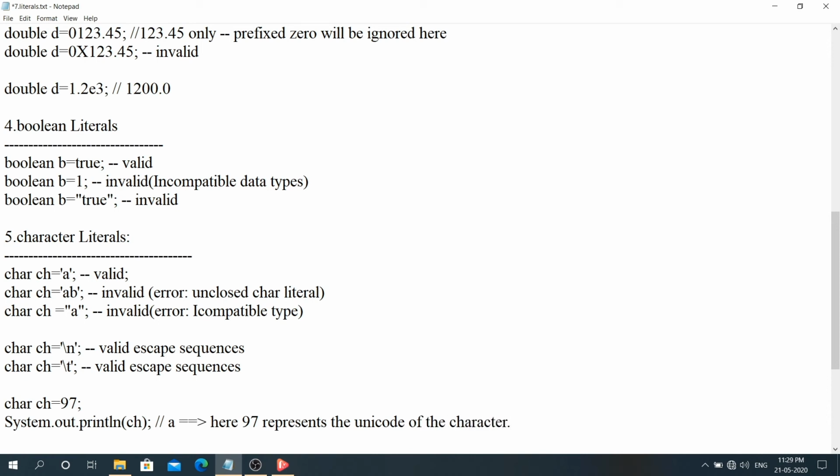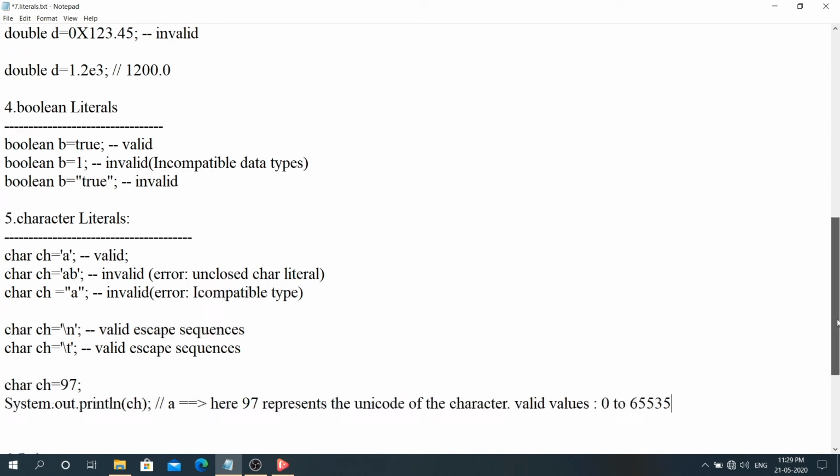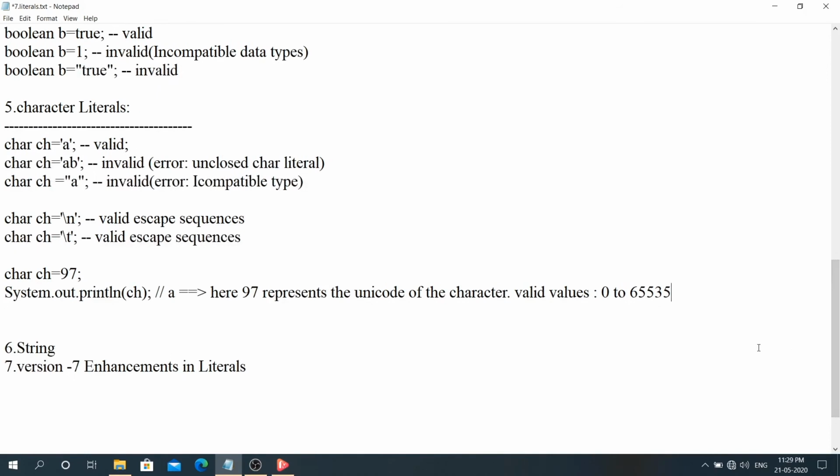That means the valid values will be from 0 to 65,535. This range of values can be stored to represent the Unicodes of the characters.